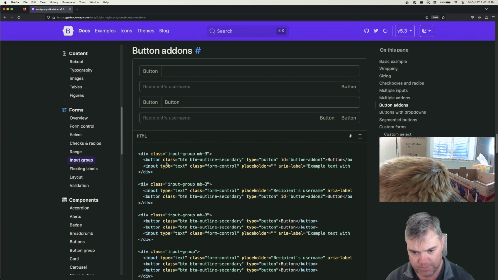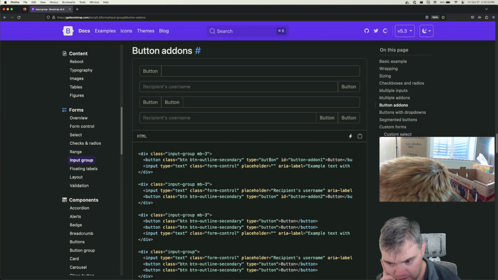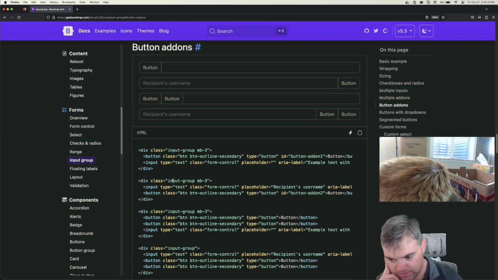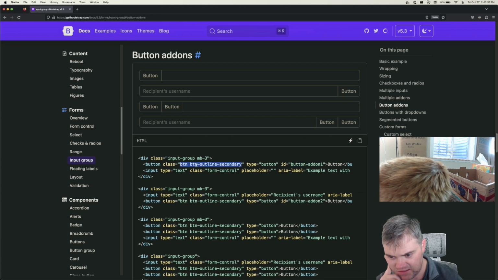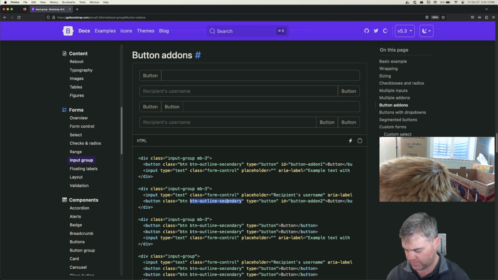So I could do a button, and you become a button add-on. Oh, interesting. So what's the difference between left and right? The first one is button outline secondary, and then this one is just placed afterwards. Okay. So if I put that on here,